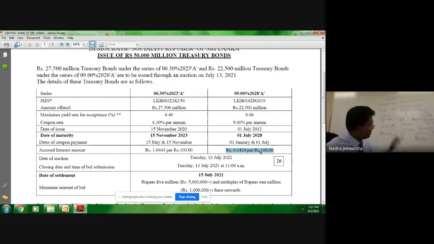Similar to this particular instrument, somebody was holding this particular instrument. Who was holding? Only the government. It has been previously issued, of course. When was that? This particular instrument 2020, this particular instrument 2012. Understood? That's that. The only thing to remember,